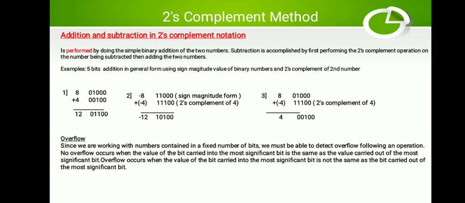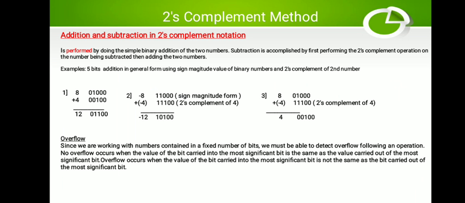Now in this slide, again we are seeing some addition being performed on sign magnitude numbers using 2's complement form. First, some 5-bit numbers. Now a 5-bit number is taken, meaning it is represented in 5 bits. You can represent the number in 8-bit, 16-bit, or any other size. Now what is done here? Look here, in the first case we have simply taken 8 plus 4 and carried out a simple addition.